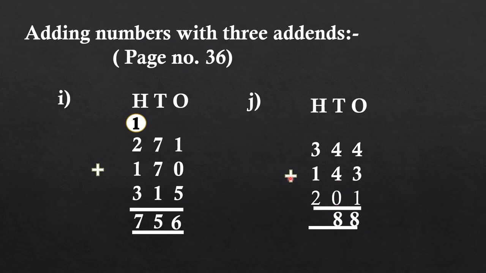Okay. Now at hundreds place column you can see we have 3 digits, 3, 1 and 2. So keep 3 in your mind and 1 on your fingers. So 3 plus 1 is equal to 4. Now keep 4 in your mind and 2 on your fingers. So after 4 you have to count 2 numbers, 5, 6. So we will write a 6 here, 688.